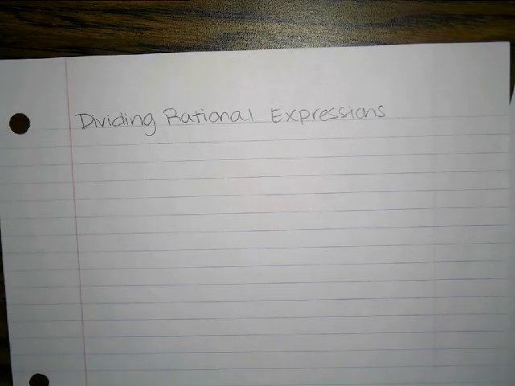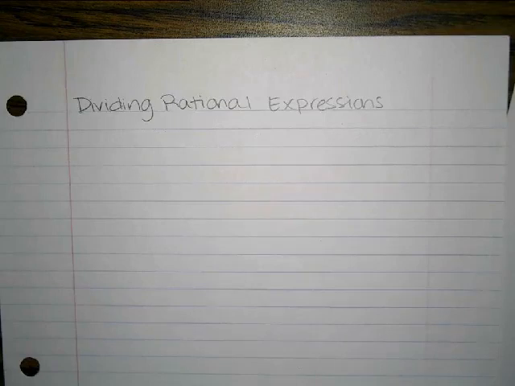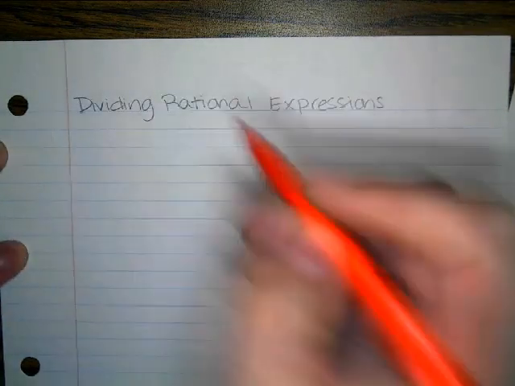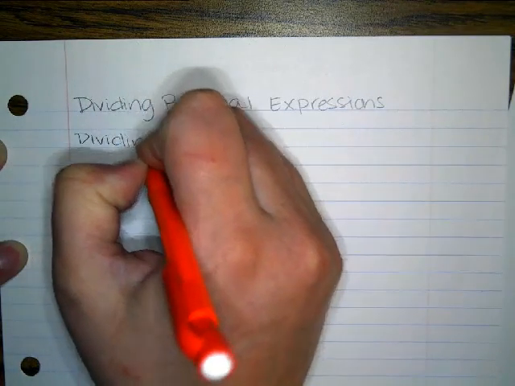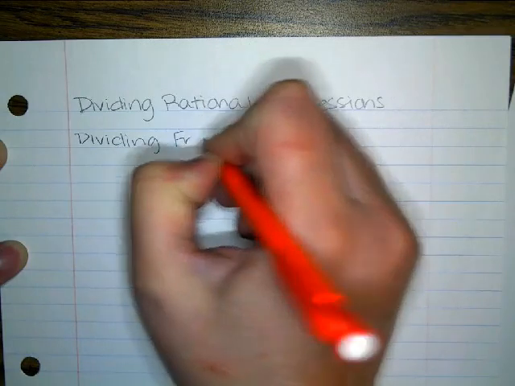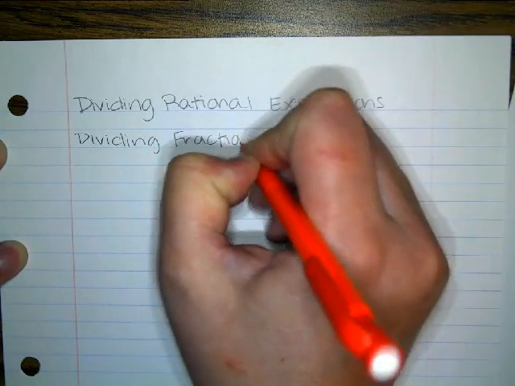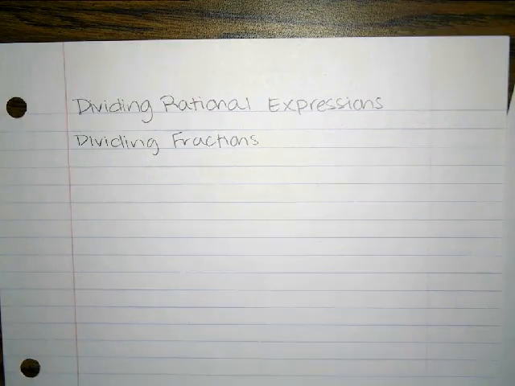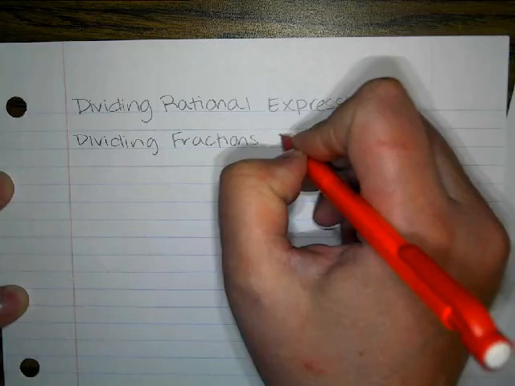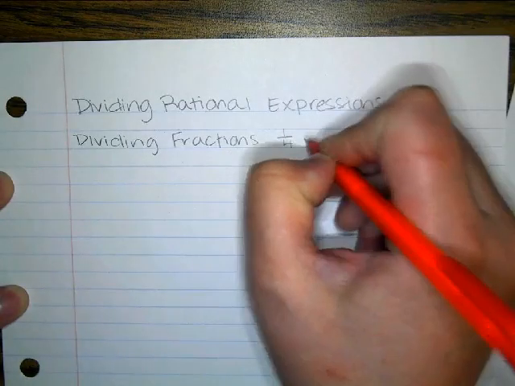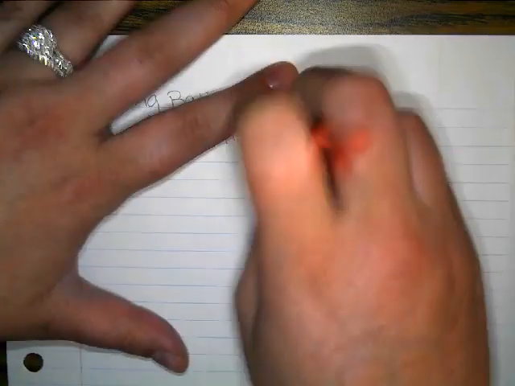So today we are going to be dividing rational expressions, which is almost identical to what we did yesterday. It just adds one extra step. So when you divide fractions, if we said 1/4, I'm not going to do 1/4, I'm going to do 1/2. If we said 1/2